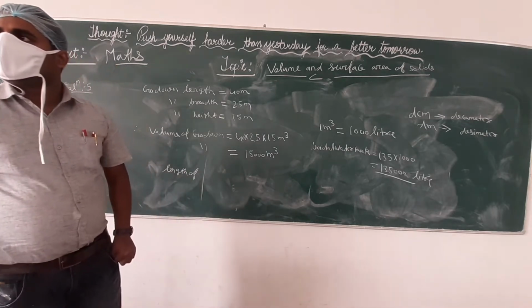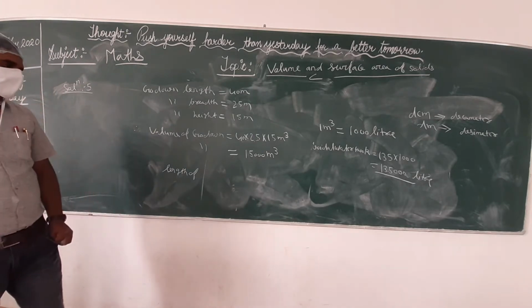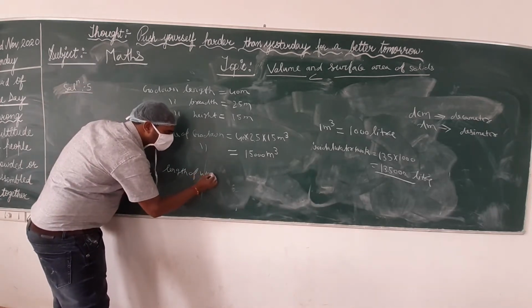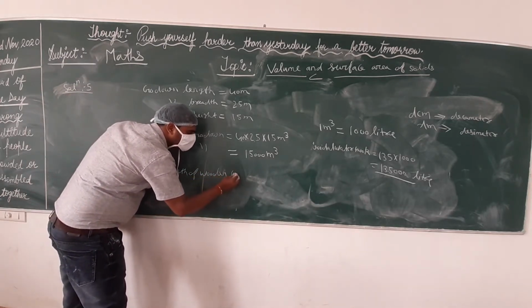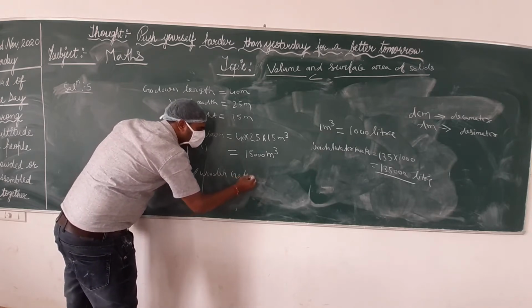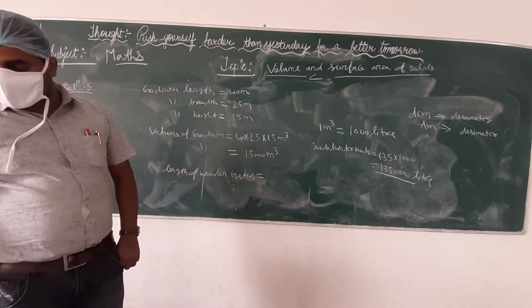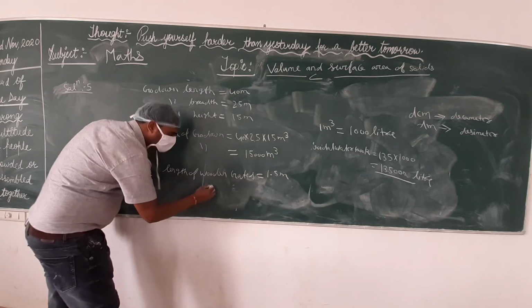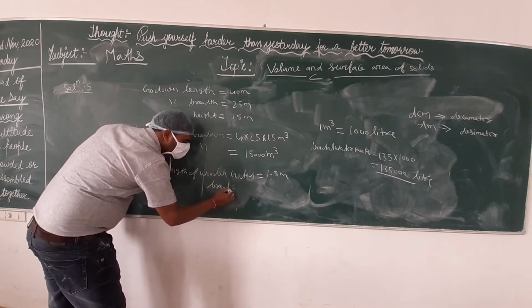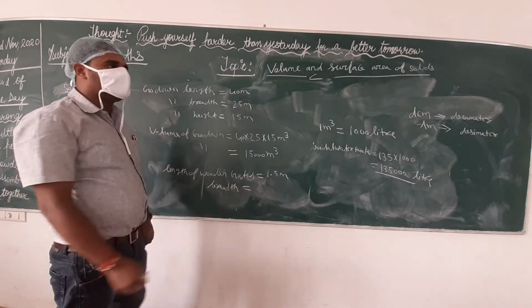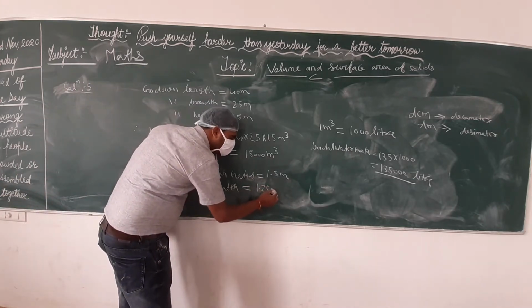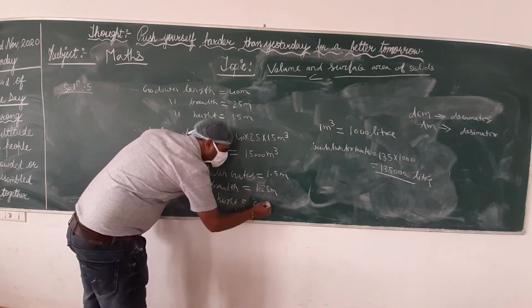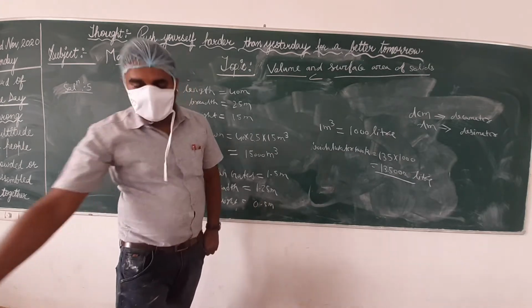It is the volume of that. Yes, sir. First, see what I have to mention: the length of the wooden crates. What is the length given? 1.5 meter given. Breadth equals what is given? 1.25 given. And height given? 0.5. Height equals 0.5 meter given. You have to mention it.